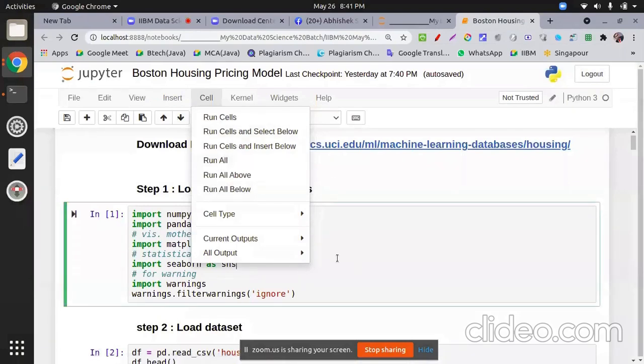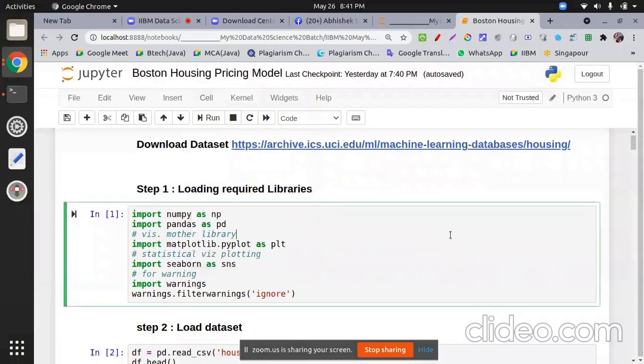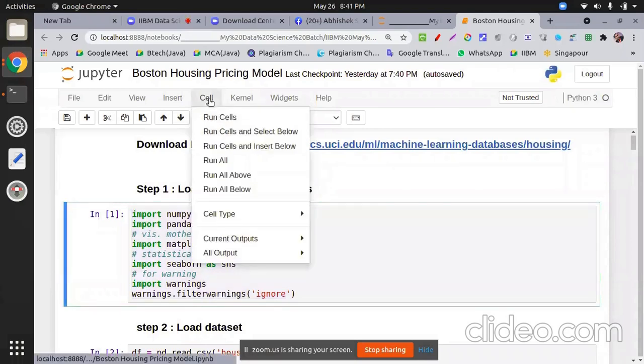We'll create one more time. Sometimes you face this problem when you unexpectedly stop your Jupyter notebook. So you have to run all the cells: go to Cell and Run All.